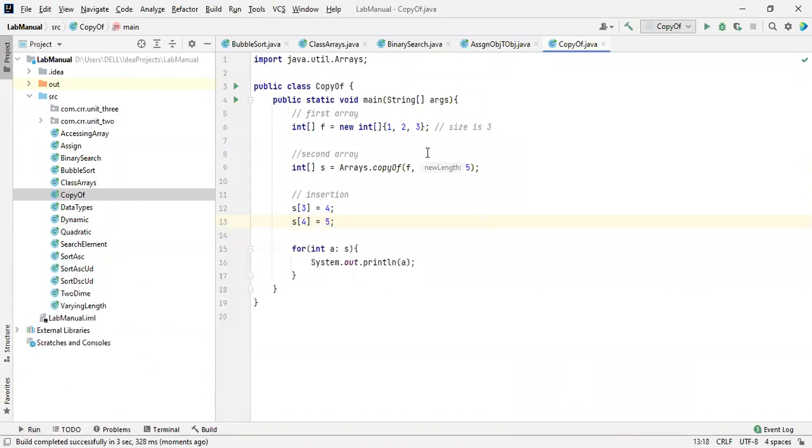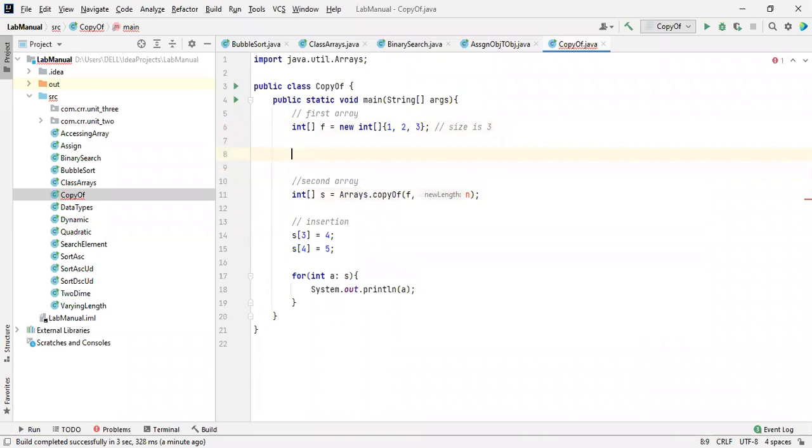Nothing else. What we are doing is just copying the elements inside the second array, and we can add some more space to it. Like we can take n number, whatever we want. So directly, sir, if I want to mention the size of an array dynamically, yeah, you can do that. Like keep n over here. You can pass the values dynamically.